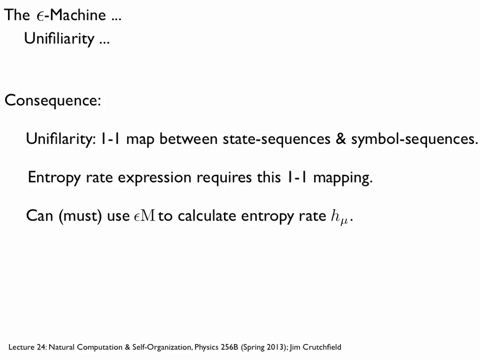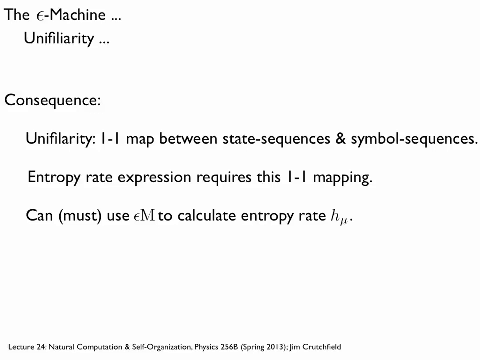So why do we care about unifilarity? Well, there's this more or less one-to-one mapping between the internal state sequences and the observed symbol sequences. That's nice. We can calculate properties of internal state sequences, which are just Markov chains, to make statements about the observed sequences. In particular, the most immediate one is to calculate the entropy rate. If you remember the formulas we used, the state-averaged branching uncertainty assumes unifilarity. It only works with unifilarity. So it's really dependent on having some model of your process. Even if you just want to figure out how random the thing is by calculating the entropy rate, you need this.